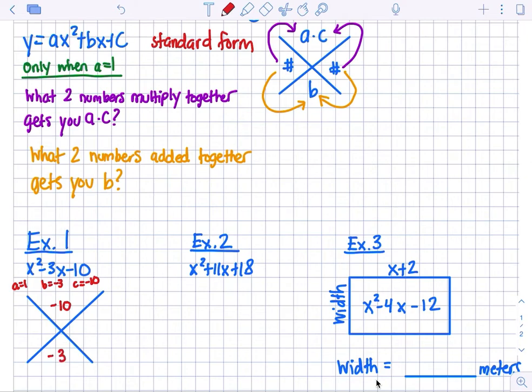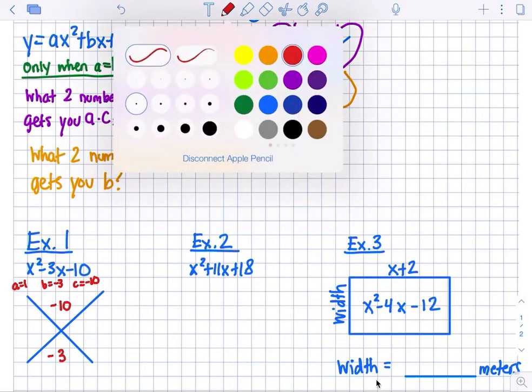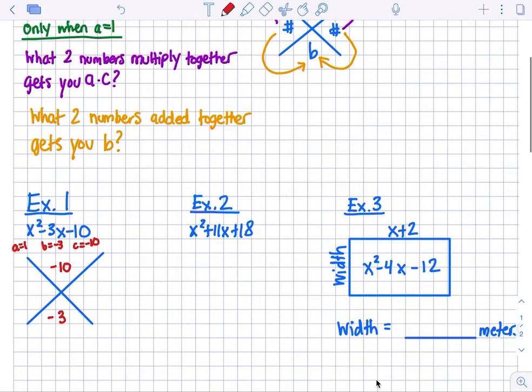Then you ask yourself what two numbers multiplied get you negative 10, and what two numbers add together give you the b value, which is negative 3. Well, if you take a look, negative 5 times 2 is negative 10, and negative 5 plus 2 would give you